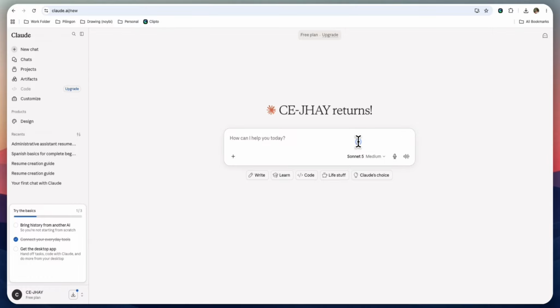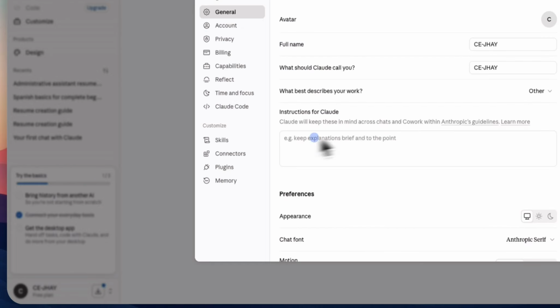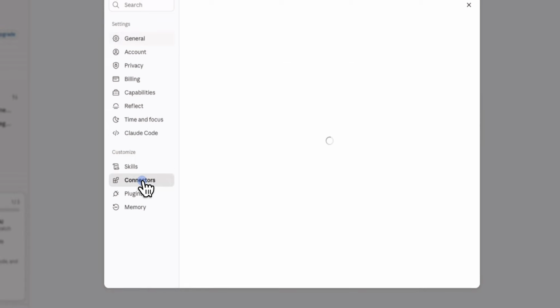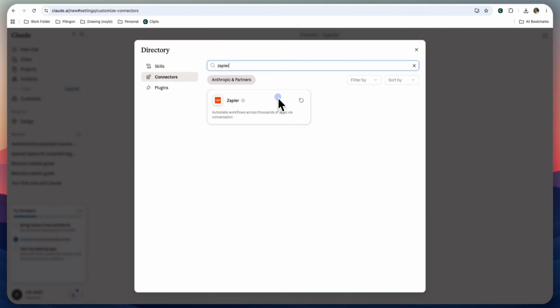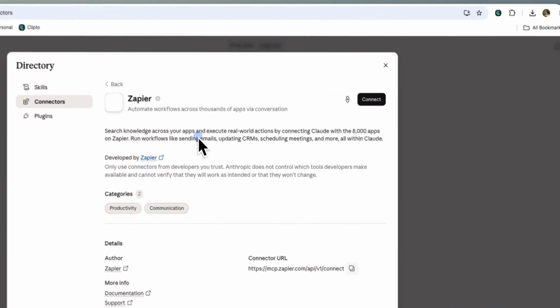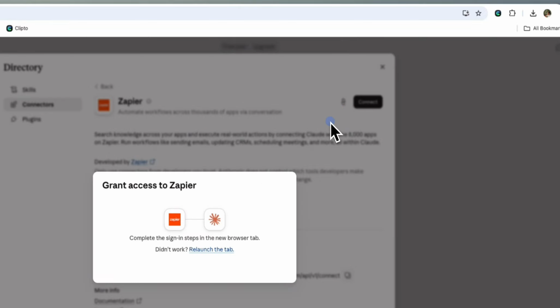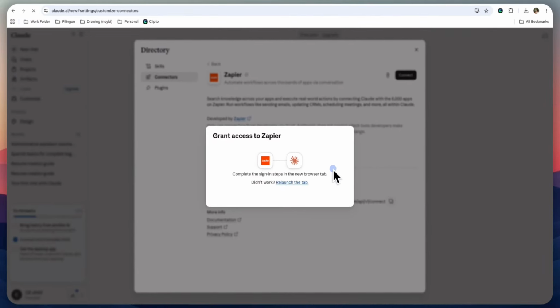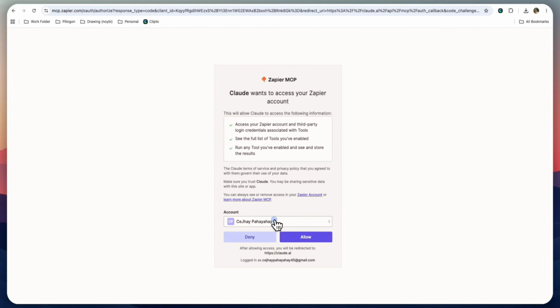To begin, open Claude AI and click the profile icon in the bottom left corner. Select settings, then open the connectors section from the menu on the left. Click browse connectors, search for Zapier and select the plus icon beside it. After that, click connect to link Zapier with Claude AI. Follow the on-screen instructions carefully, sign into your Zapier account if needed, and approve the required permissions to complete the